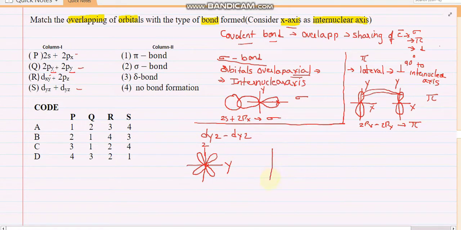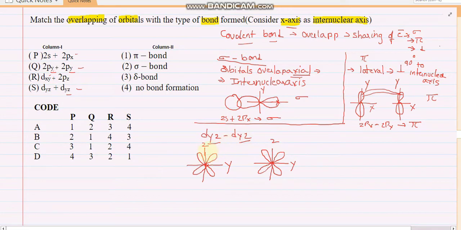Here also I am going to consider another atom. For another atom, what are the combinations? Here also they given dyz. So if I consider this is the y-axis and this is the z-axis, one orbital will be present in this plane, and the other orbital will be present in this plane. Now both are going to overlap in the same orientation, YZ orientation, isn't it?